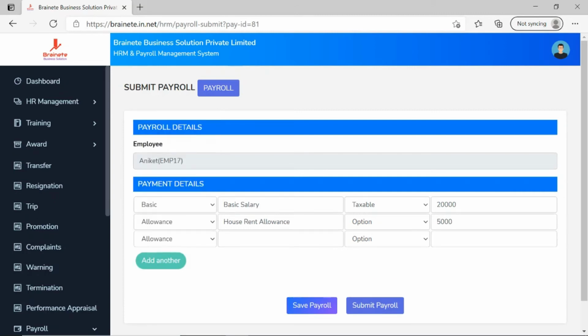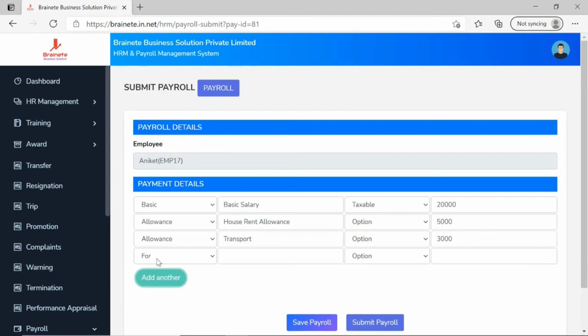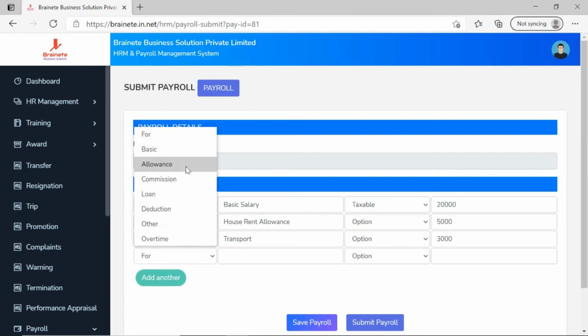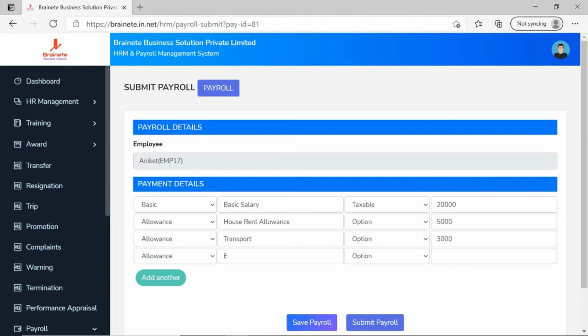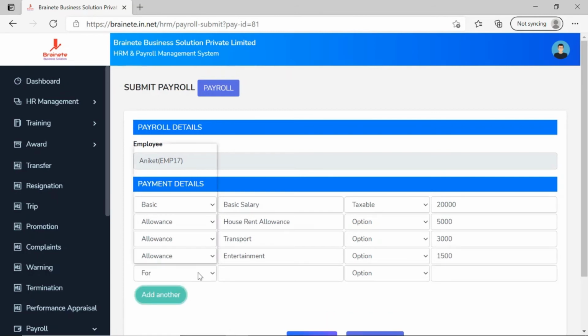Transport allowance rupees 3,000. Entertainment allowance rupees 1,500. Then, I am adding overtime, rupees 3,000.